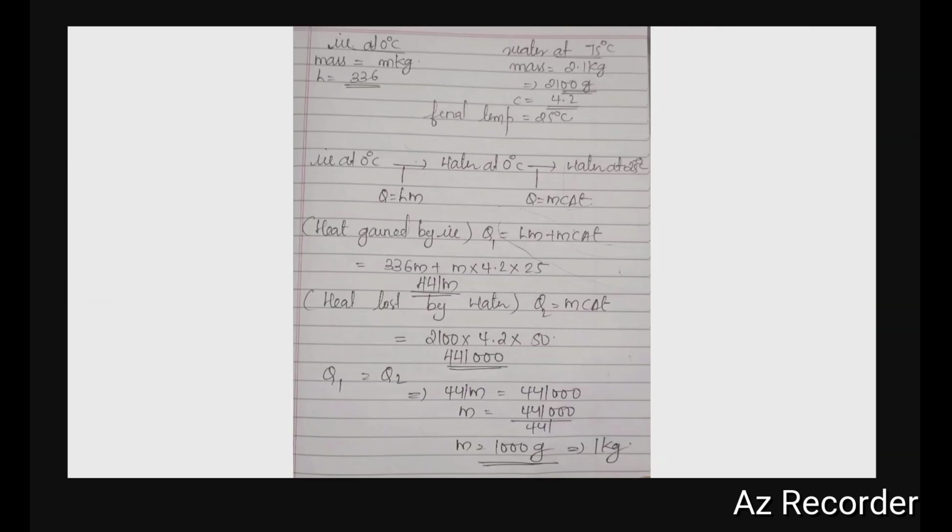Okay, so I've converted the mass in kilogram to mass in gram, and given the specific heat capacity of water is 4.2 and the final temperature is observed to be 25 degrees Celsius. This is what I have explained earlier. What happens to the ice is, ice at 0 degrees Celsius first changes to water at 0 degrees Celsius, and here it absorbs an energy which is equivalent to